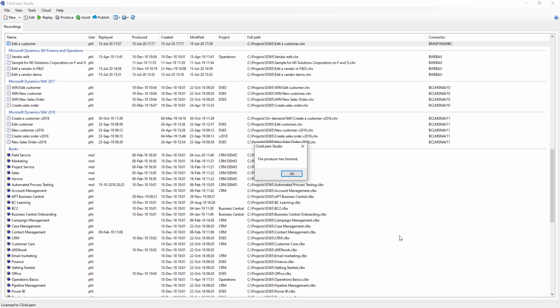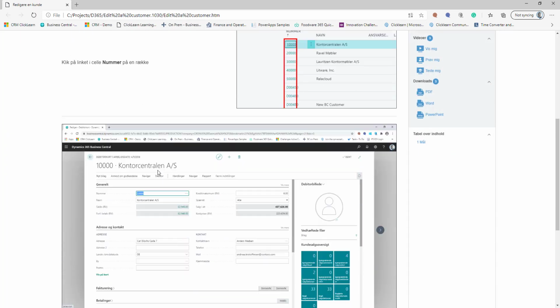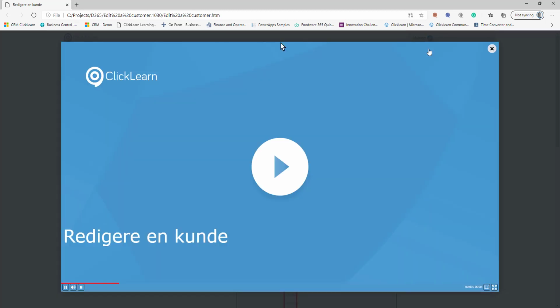And in this short amount of time, ClickLearn has now produced my 7 different formats into 2 different versions. So now I have everything in Danish and in English. And if I go to the Danish one, you will see that everything is now being translated, and instantly I have this here. And if I go to the video of the try me or the show me here,